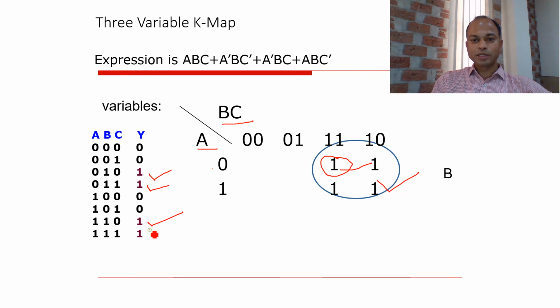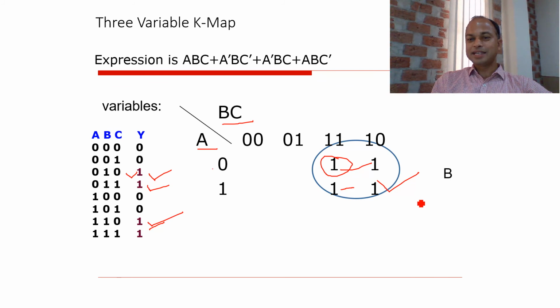Now if we take this one, where we have triple 1, then we can write A equals 1, B equals 1, and C equals 1. If we take this particular value, then this is A equals 0, B equals 1, and C equals 0. So this is our case here. In this way, we can write a three-variable Boolean function.